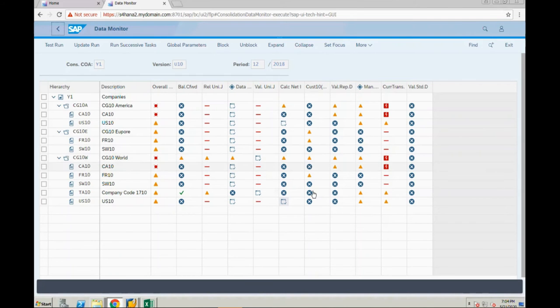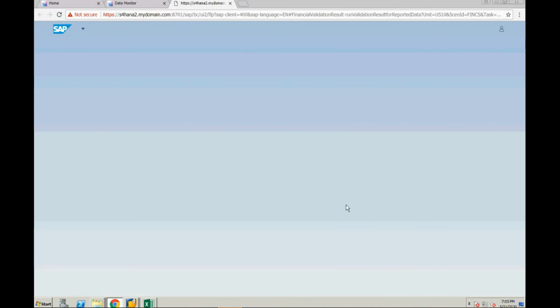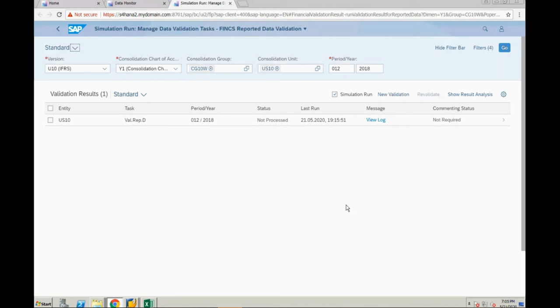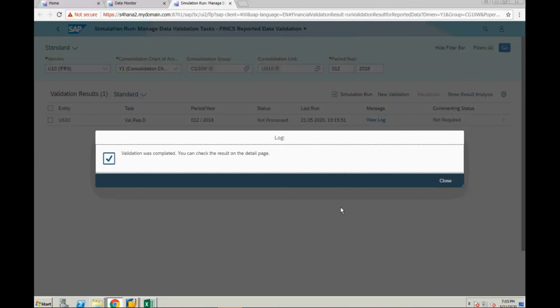So the business user in their company code currency can do the validation of reported data. Definitely, if the trial balances are not matching, they will get some errors. Now you can view the log.